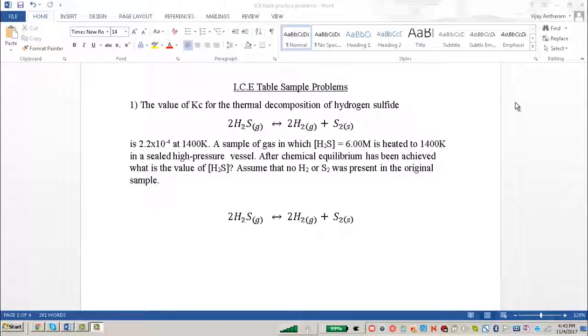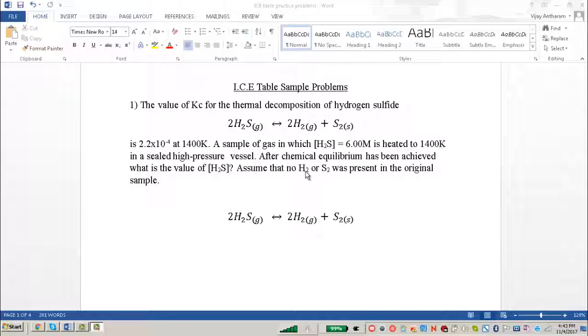Let's go over some ICE table sample problems. The first problem involves the thermal decomposition of hydrogen sulfide. Hydrogen sulfide gas is in an equilibrium with hydrogen gas and sulfur solid, S2 solid. The equilibrium constant at this temperature is this value. We start off initially at 6 molar H2S at 1400 K, and at equilibrium, what is the final concentration of